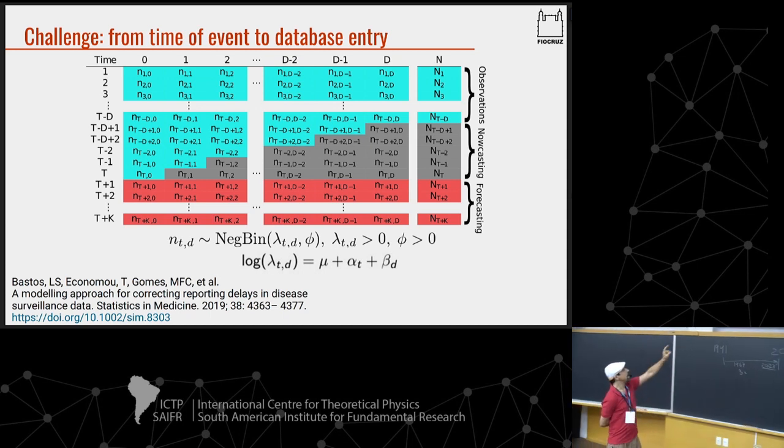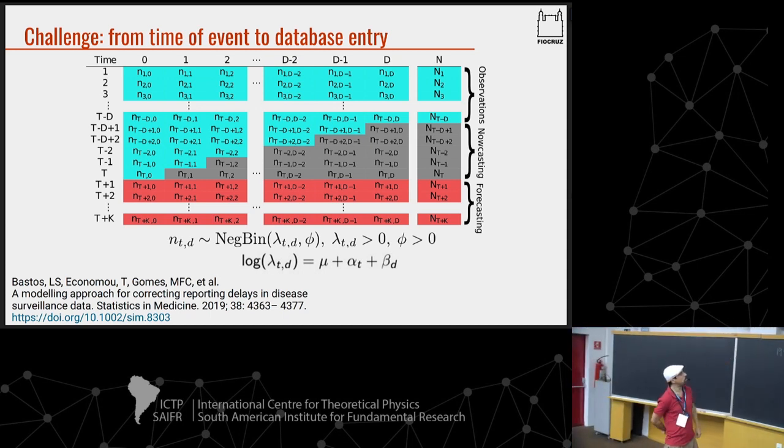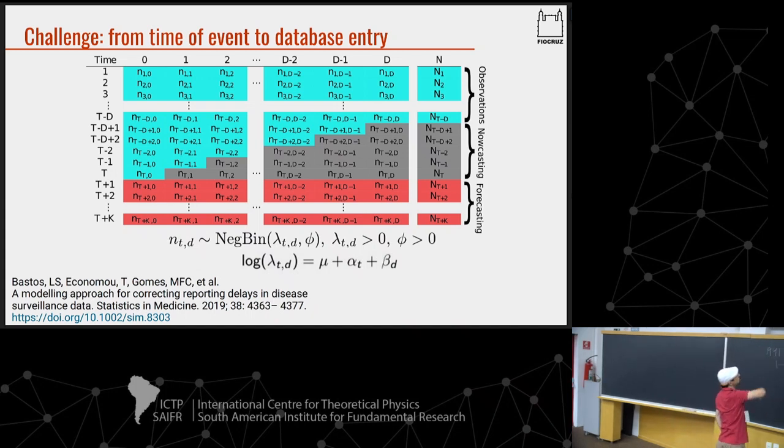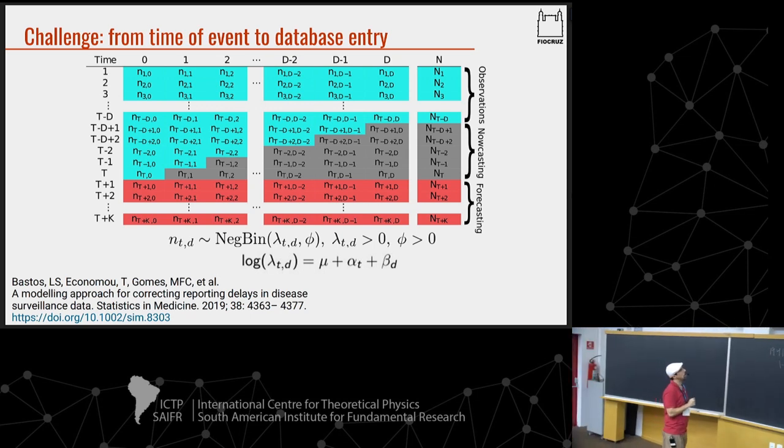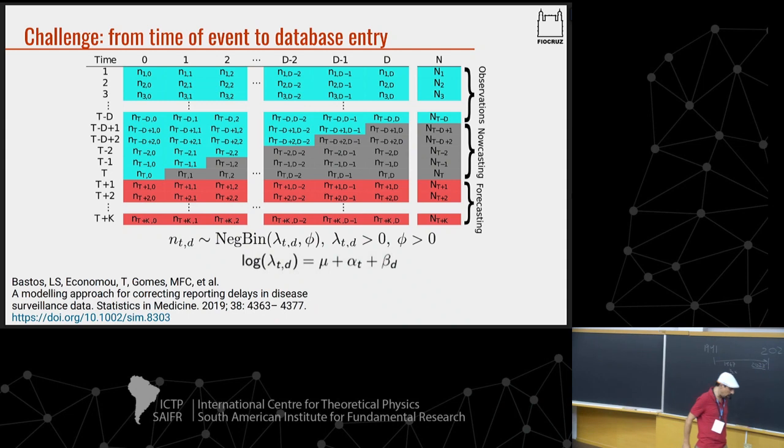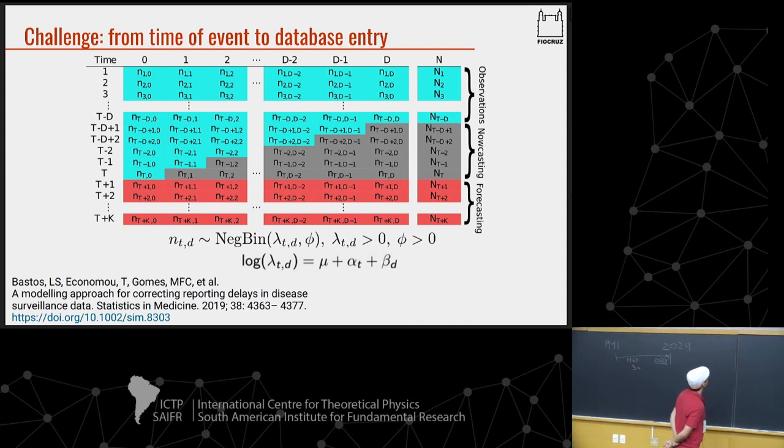So what I will do is propose that those entries, NTD, follow a negative binomial distribution. Why a negative binomial? To accommodate the over-dispersion that might happen, right? With a rate lambda, which is what we will try to estimate, we assume that the logarithm of the rate associated with the negative binomial is a random process that has a